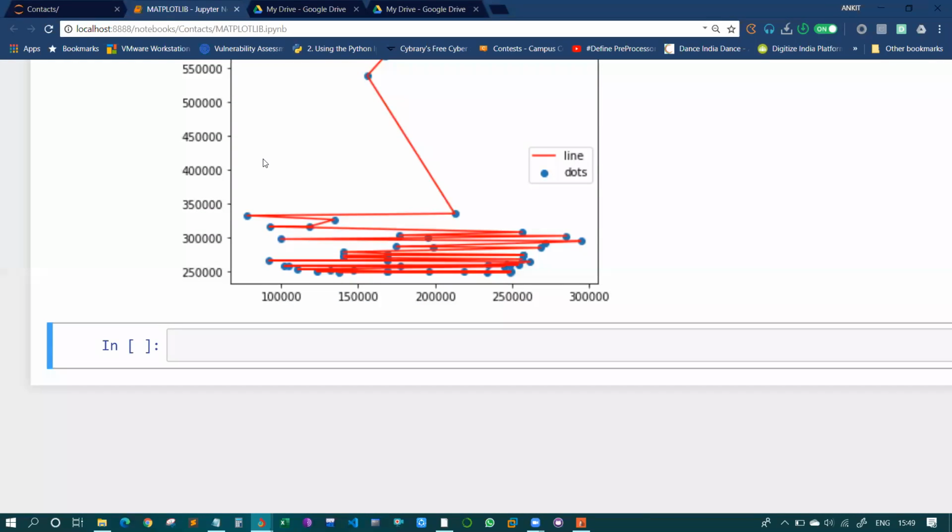I don't think we need to work on the labeling part once again. Let's now work with another problem statement.